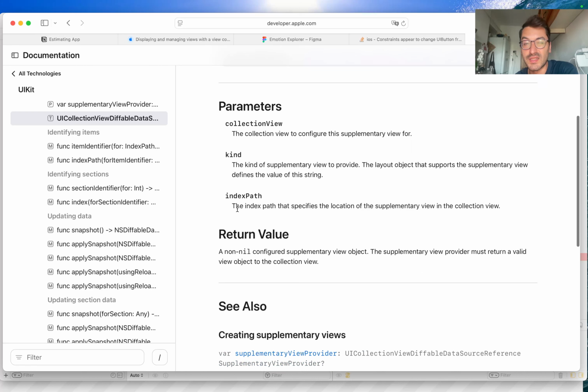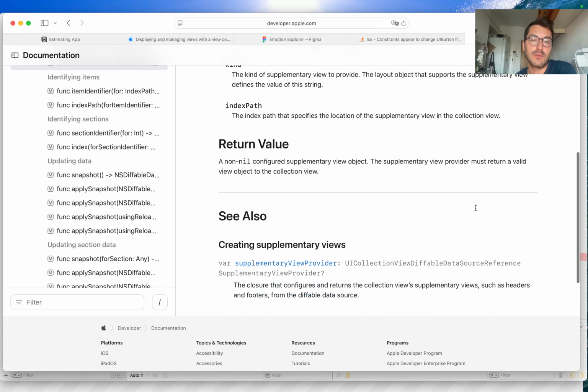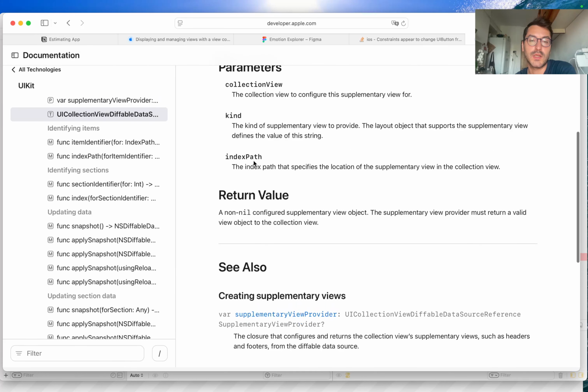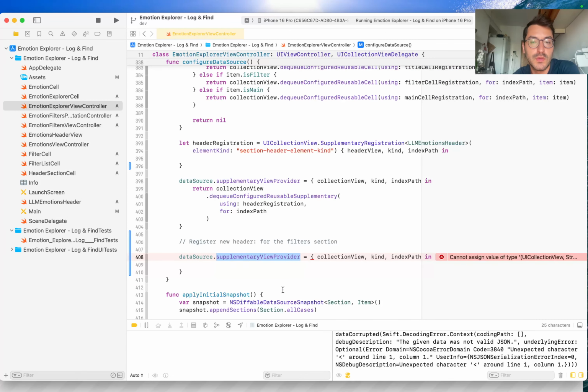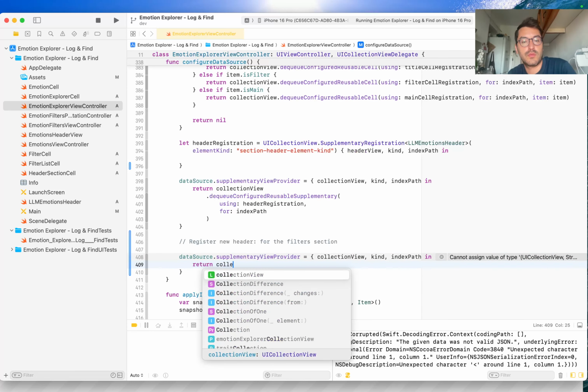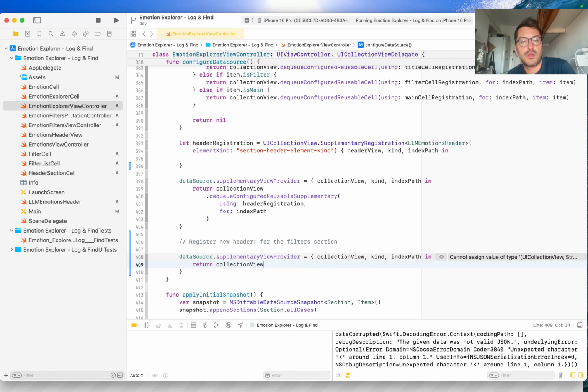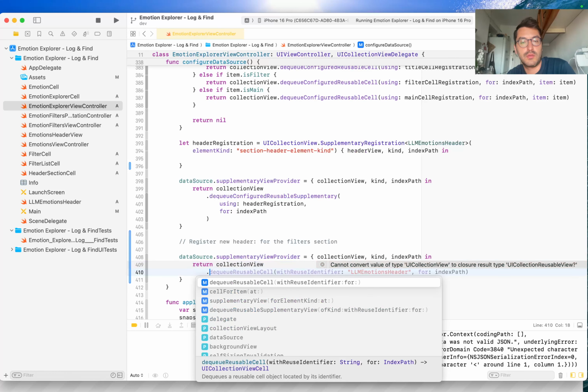This says that the index path specifies the location of the supplementary view in the collection view. How can we use this to define the section we want the header to belong to? So I'll try to return a collection view dot dq